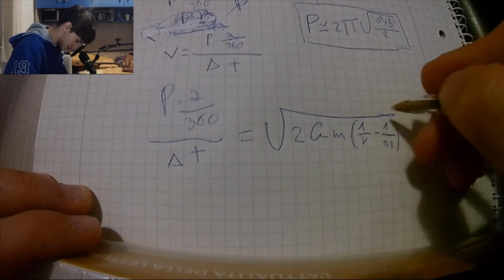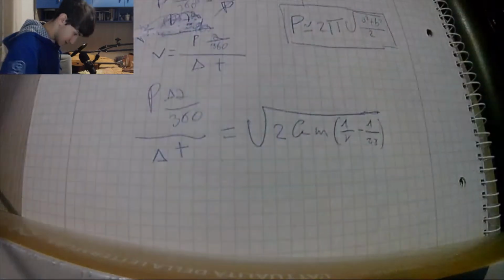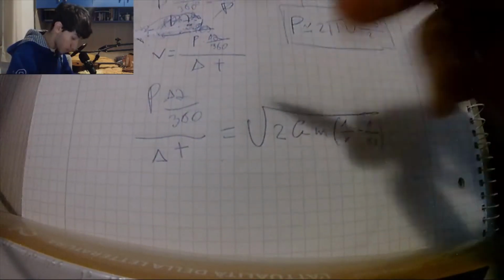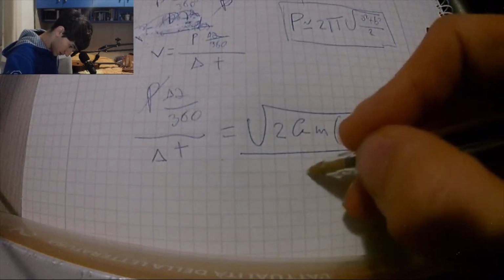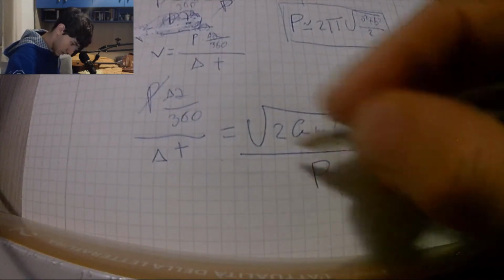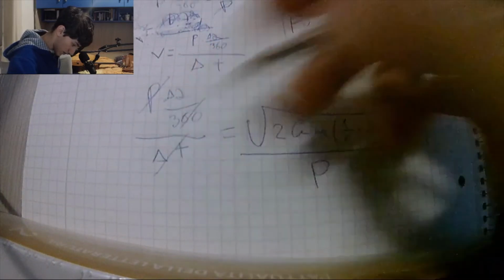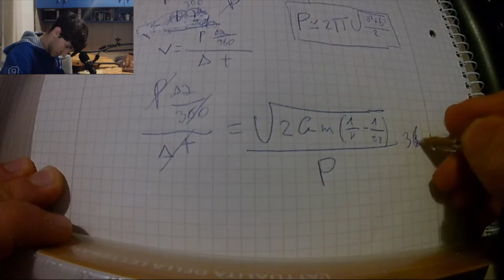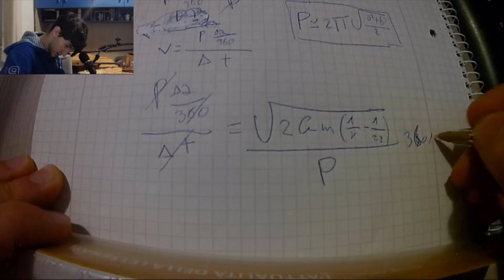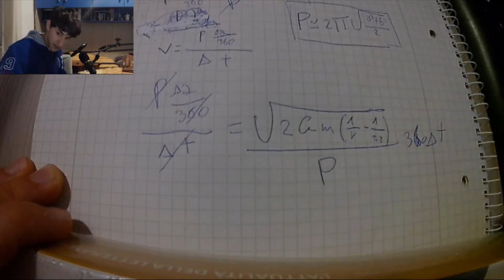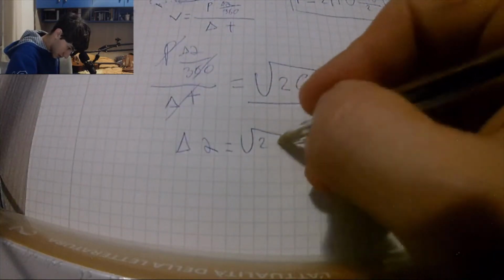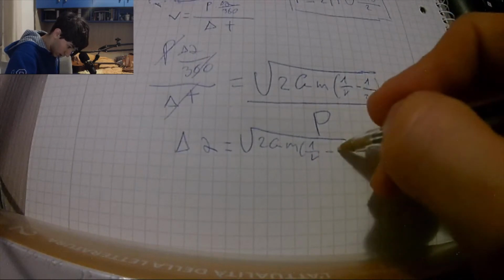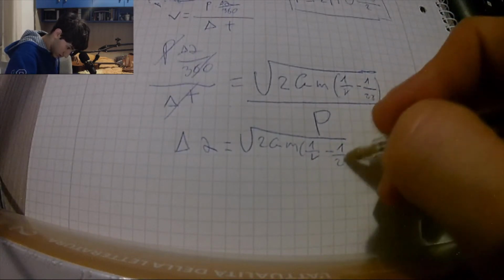Radius is actually the distance. This is actually delta alpha. What we want to do now is leave delta alpha here. So we're gonna throw the perimeter down here, and these two here, 360 delta t. Delta alpha is the square root of 2GM times 1 on r minus 1 on 2a,